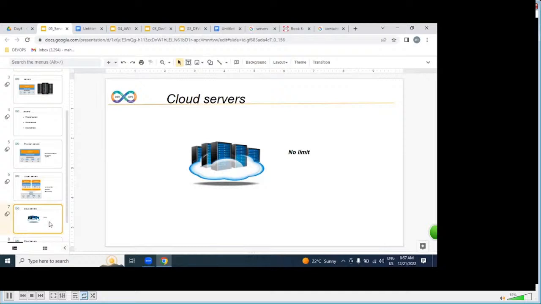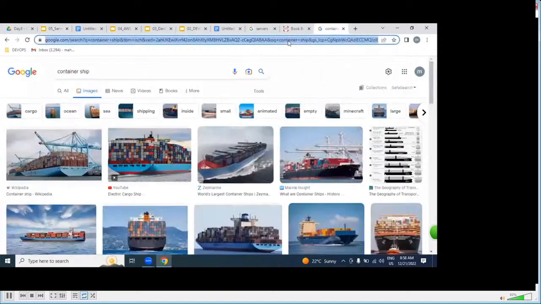Let us give one real-time scenario so you can understand very clearly. In the cloud it is unlimited. And what is the value of infinity? Based on the server.